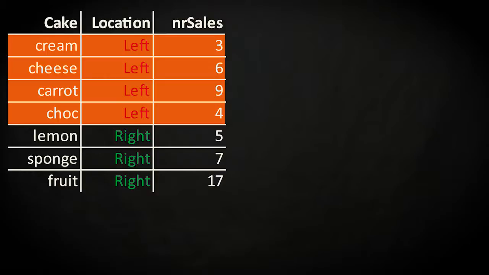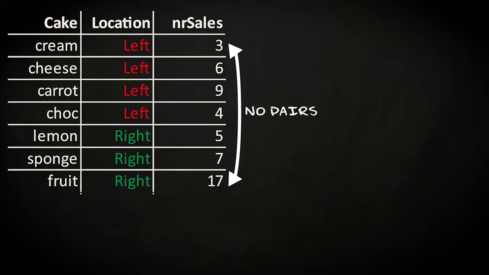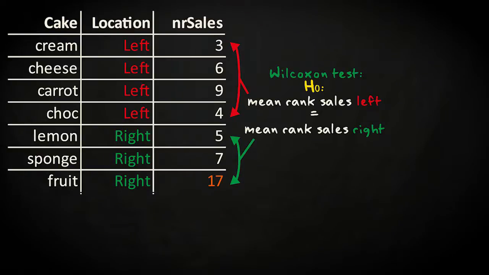It's not possible to conduct a paired comparison here, because none of the cakes was present at both sides. Also, it's not wise to use a two-sample t-test, because the immensely popular fruitcake is kind of an outlier. But a Wilcoxon test for 2 samples would just work fine. The null hypothesis for this test would be that there is no difference between the sales of cakes at the